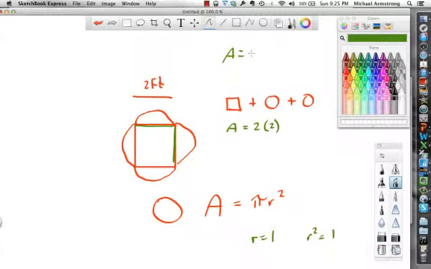Remember, the area of a rectangle is length times width. Area of a square is really just length squared, or width squared. But we don't need to remember another one. We can just use the rectangle one. It works anyway. So this is 4 feet, and it's 4 feet to the second power, because areas are always squared, plus